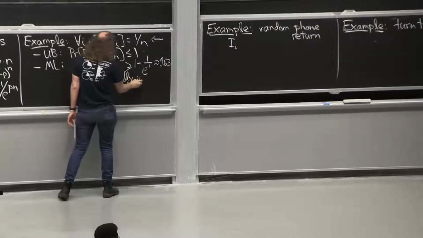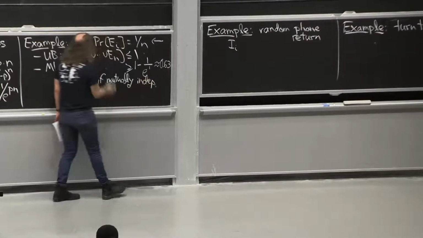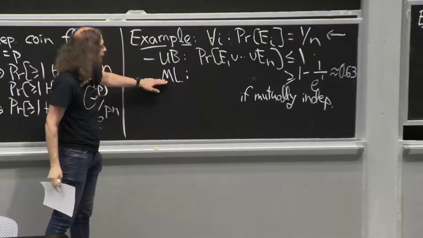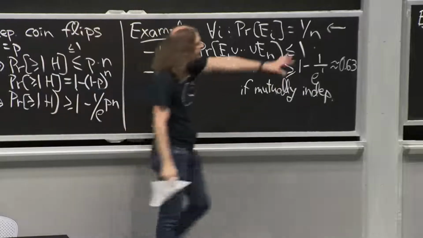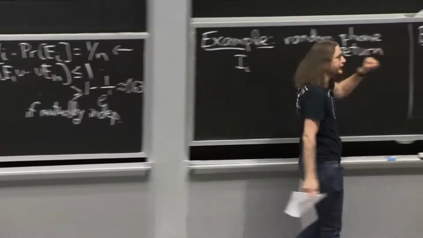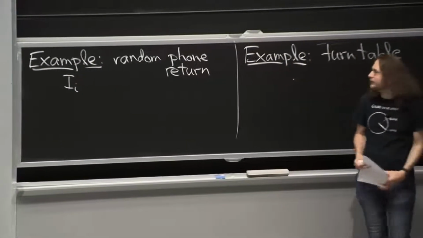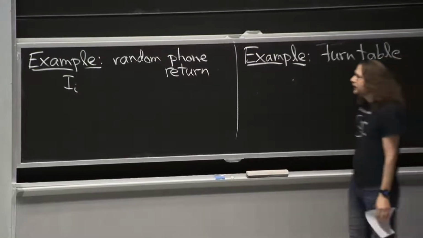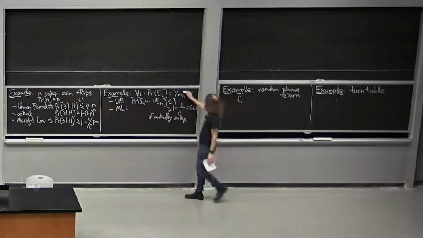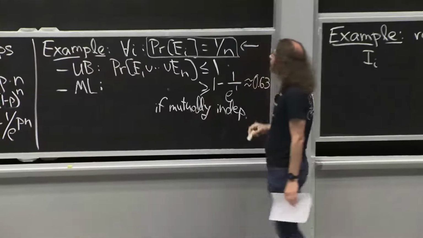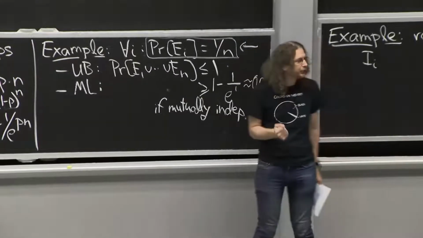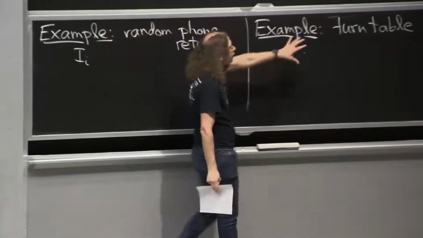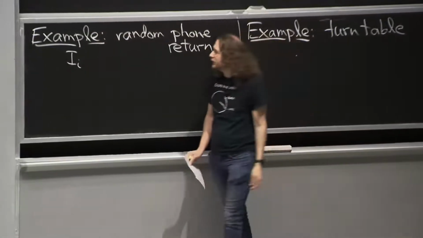I wanted to, in this example, I didn't want to assume mutual independence. This holds in all cases. This holds if the events are mutually independent. Because here, the events are not necessarily mutually independent, right? In fact, they're not. In both of these examples, they're different levels of independence, I would say. But they're both special cases of this property. The probability of each event is exactly 1 over n. The probability each person gets their phone back is 1 over n, both with random permutation of the phones and with random rotation of the phones.